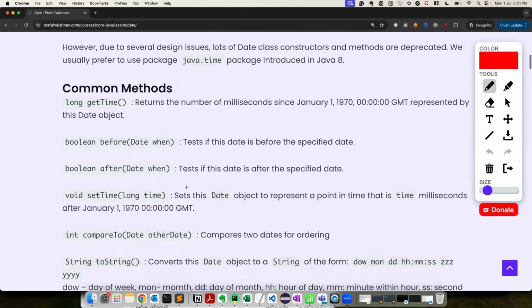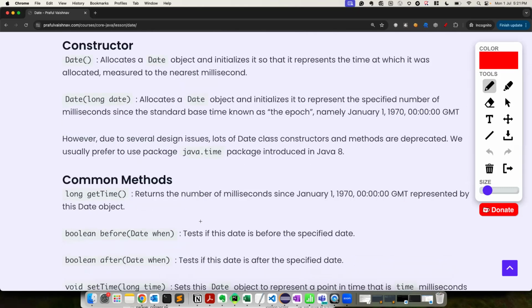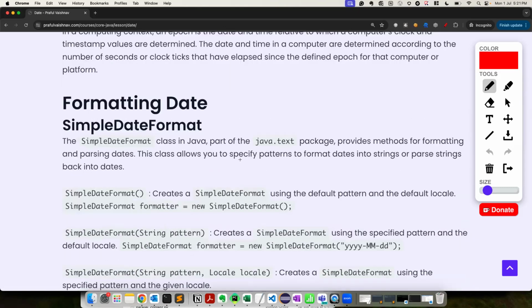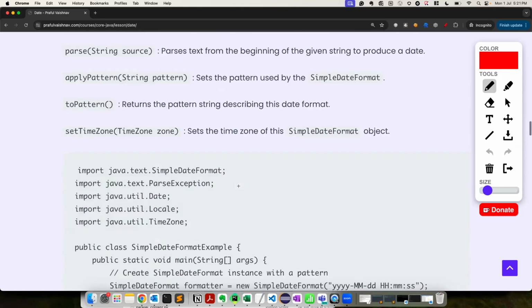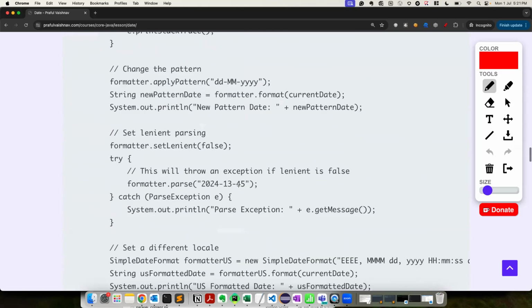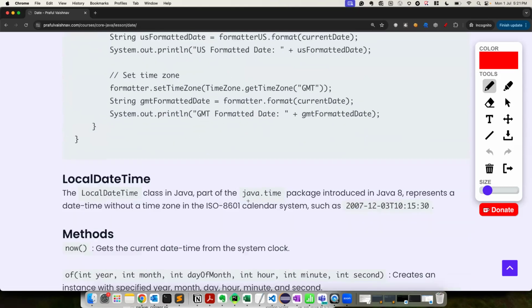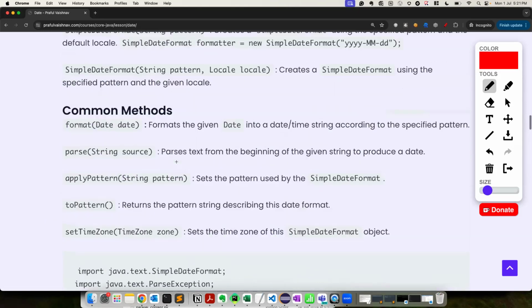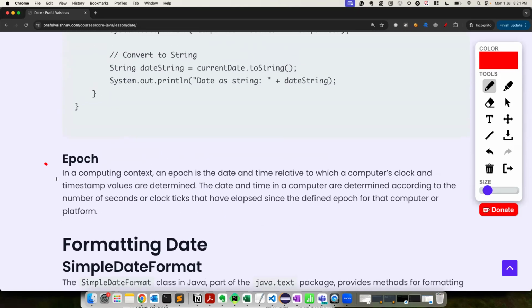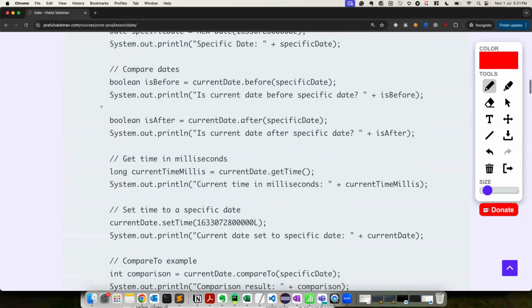Java has released a package called... which package has Java released? Some time package. Okay. We'll study about it, what all packages it released. There is a package called java.time, which has a few classes that will help us in working with date, time, and all, right? So in the last class we studied about epoch, what is epoch, and what are the methods for